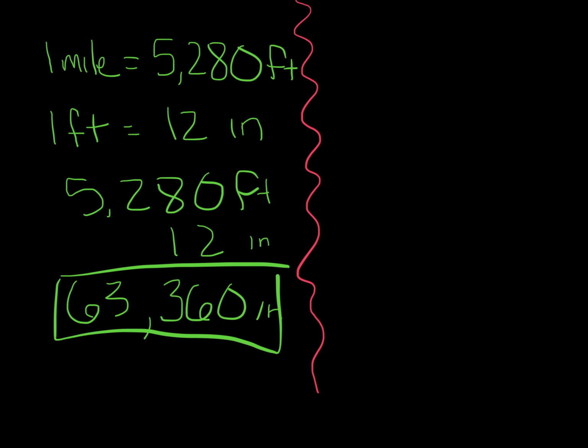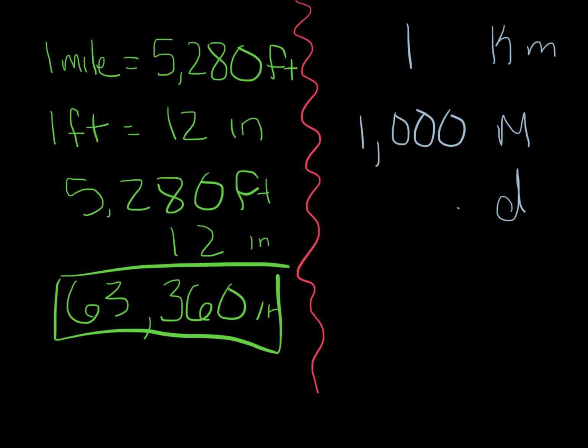All right? Now, let's compare it to the metric system. Let's take the largest measurement we have, which is a kilometer, and let's just deal with 1. And according to the metric system, there are 1,000 meters in 1 kilometer. That's easy to remember. All we had to do was add 3 zeros. Now, we also know that there are 10 decimeters in 1 meter. So 1,000 times 10,